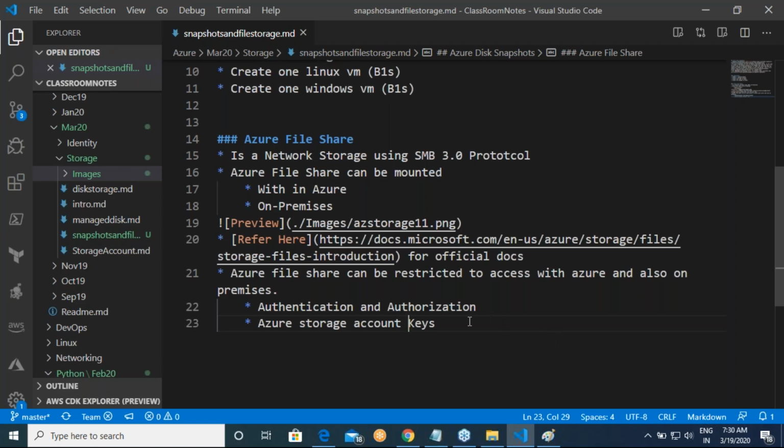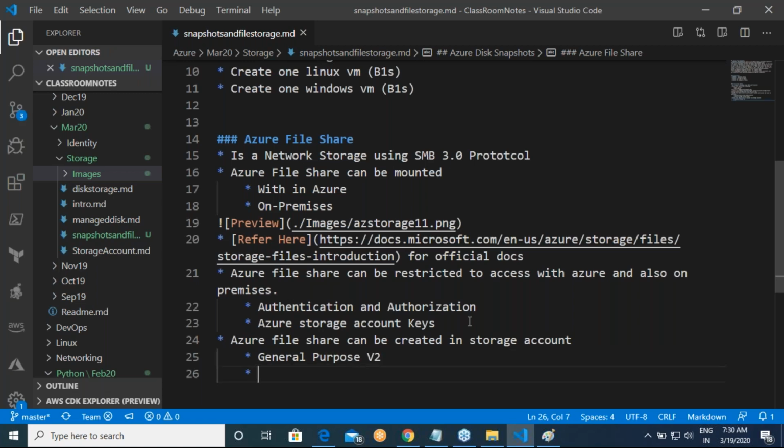Okay. And Azure file share can be created in a storage account, okay, in two different modes. One is general purpose v2. We have already looked into this. The other one is file storage accounts.